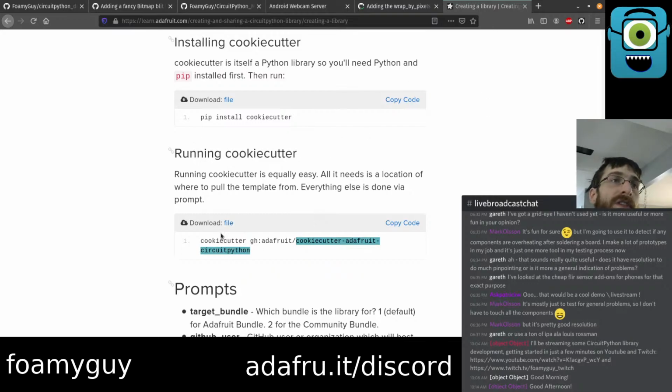And it's telling cookie cutter to go and grab this repository and use all the configurations in it to build that wizard of all the prompts. So why don't we just go ahead and dive in. I'll show you this first, and then once we get the boilerplate created, I will also spend a little bit of time talking about the library itself that I'm going to be putting into it, and we'll look at what it does and some of the